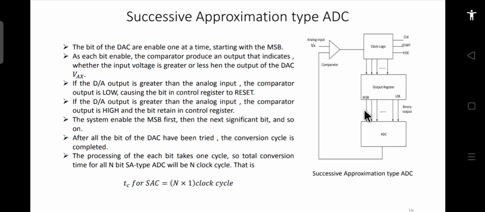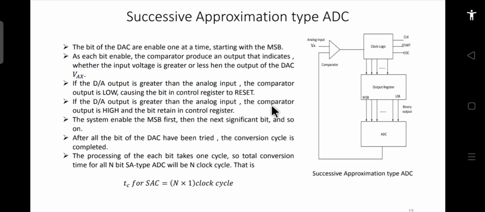Like this, it keeps on checking continuously what the output of this DAC is, and corresponding to that output, what the input should be. So if this input value is greater than this, then the next bit will be set to 1. But if at a certain instant the input becomes less than this, then the next bit will be generated as 0. So this is what I have explained to you.